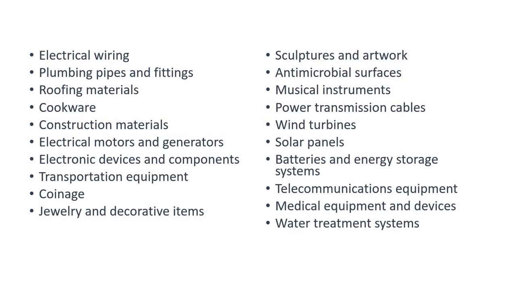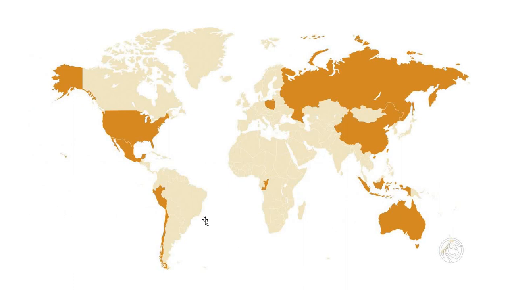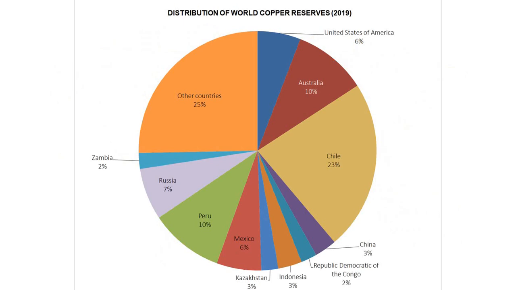Copper is produced all over the world. However, there are a few countries where it's the most important, and that's Chile, Australia, Peru, and Russia. So all these are the countries that mine copper. It's good, when you're looking geopolitically, to pay a little bit of attention to what's happening in these countries. Now, if we look at the breakdown, we can see that Chile is the most important one, and that's pretty much always been the case for copper.